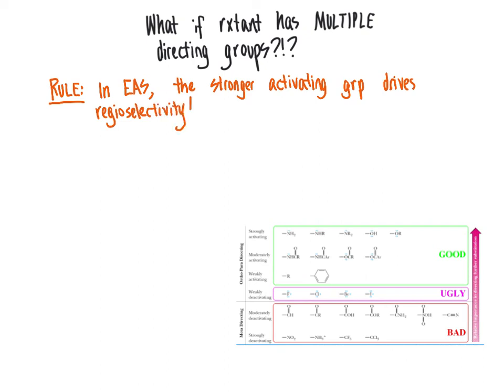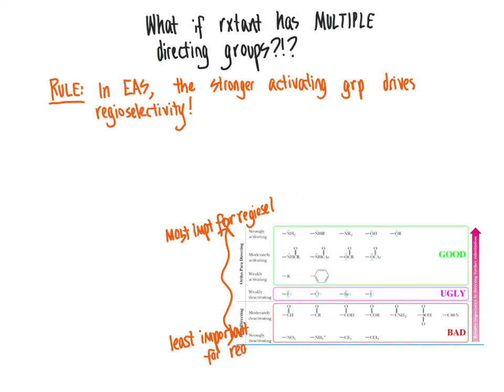And so, in other words, we could think of this chart here as we go up the chart. These groups are most important in determining the regioselectivity. And as we go down the chart, these groups are least important. And so if you have